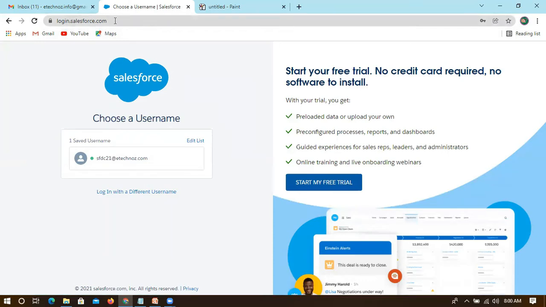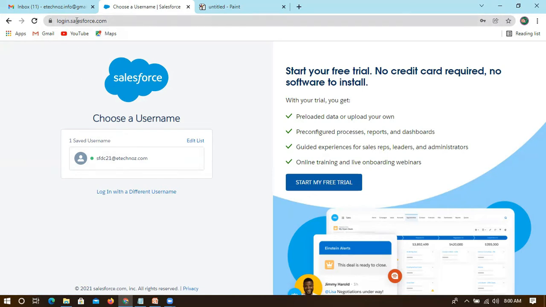Even if you go to any interviews, they can give either login.salesforce.com or test.salesforce.com. First, you have to try with login.salesforce.com. If you are not able to open with the same username and password, then immediately try test.salesforce.com. They may give it for testing, to see whether you have worked in different environments or not. If they want to test that, you have to immediately log in to test.salesforce.com.